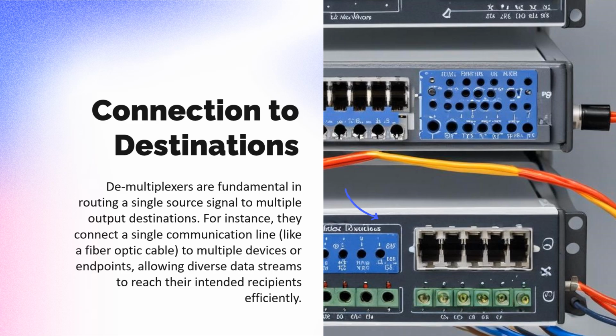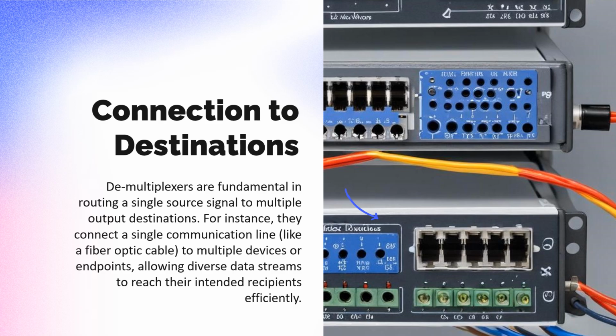As we have discussed earlier, in the demultiplexing section, a single channel comes to the receiving point, and then the demultiplexer splits it into various channels or various endpoints and distributes it to the various zones, which is very important